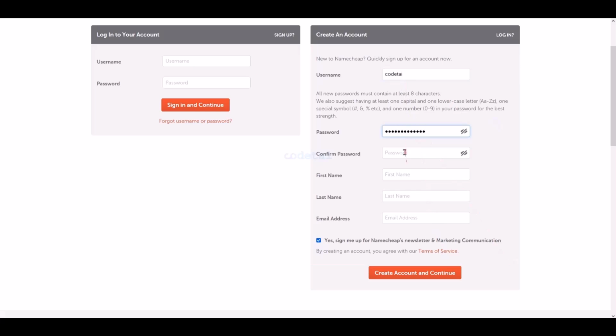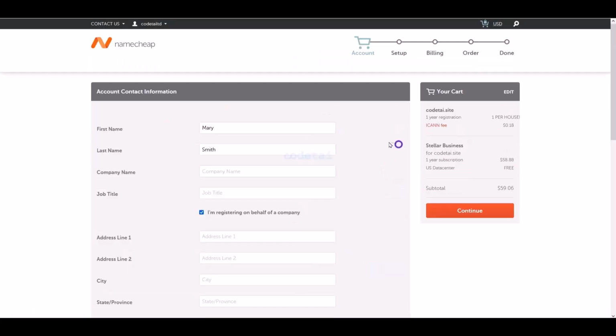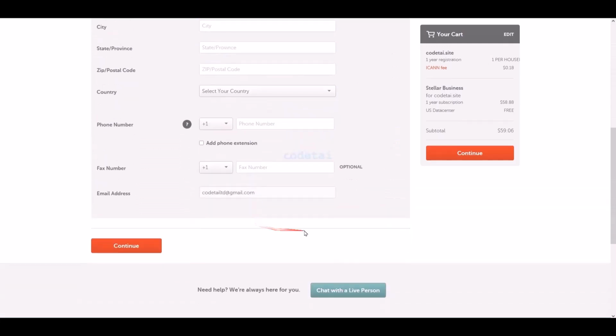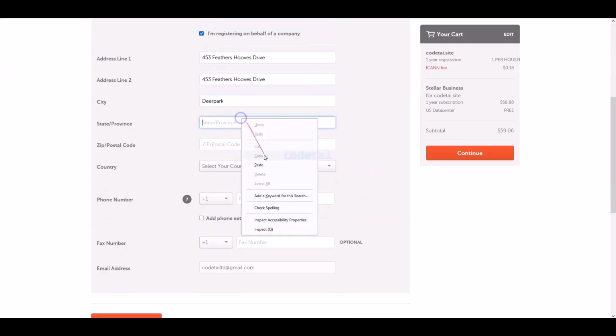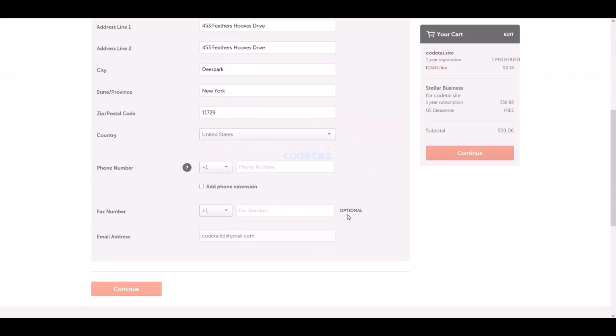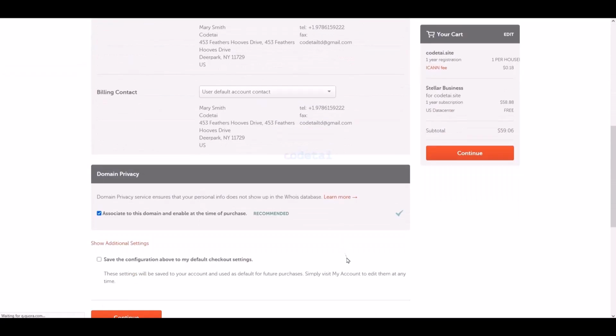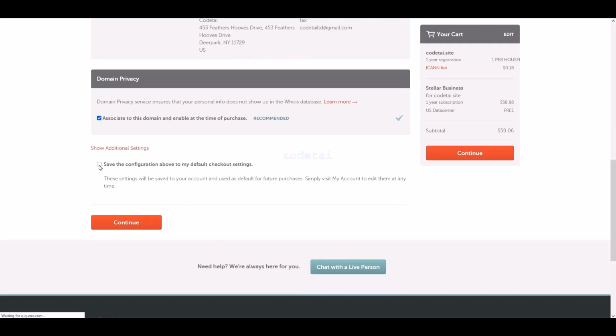Enter your accurate account information. Click on the Create Account and Continue button. Then, you will be required to submit your address details step by step. Be sure to enter your correct address before continuing. Click on the Continue button once more.